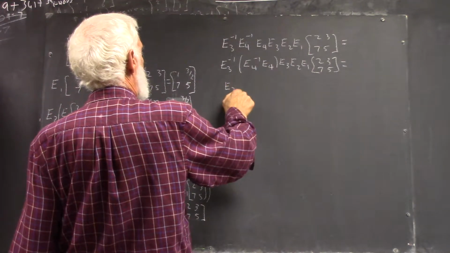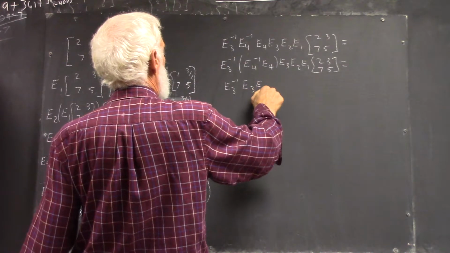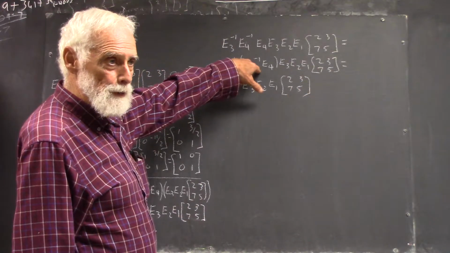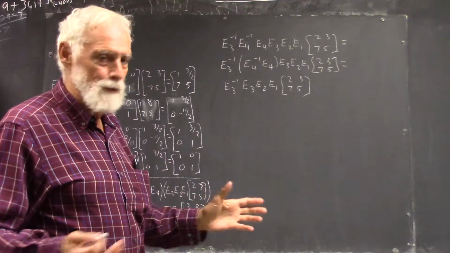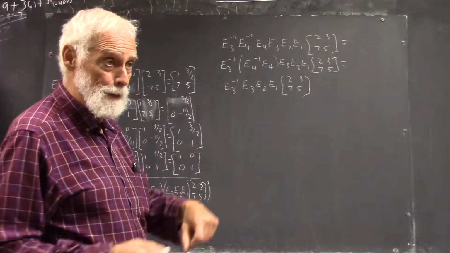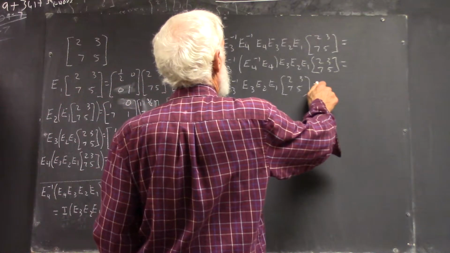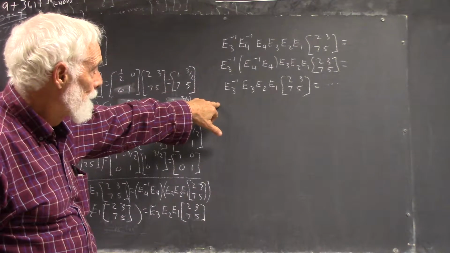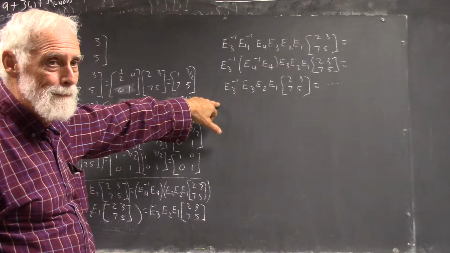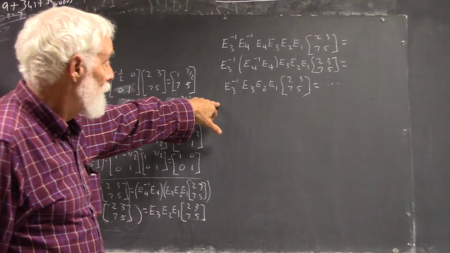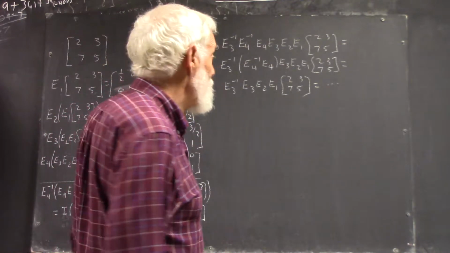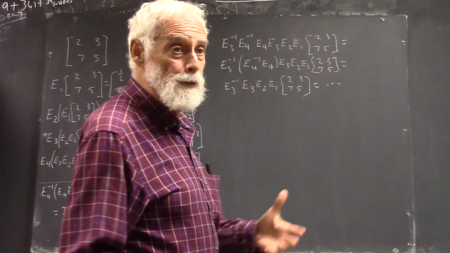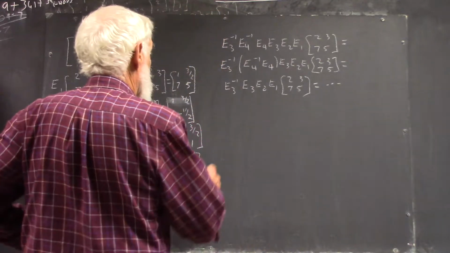equals this, because you know this is the identity, and when you multiply it by anything, whichever matrix that's left or right you associate it with, you just get that matrix. I'm going to put 3 dots because there's an intermediate step. Well, what happens here? What are we going to do with this? Becomes the identity. E3 inverse times E3 is the identity, and the identity times the rest of this is just the rest of this. So I'm skipping those steps now, although I put them in here. They get pretty tedious to write down, and once a pattern's established, it's very clear that this is going to be then